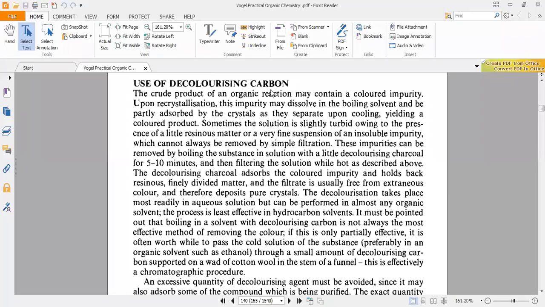So anyhow, this is one method to remove the impurities. If it is colored, we can adsorb that on an adsorbent. Mostly we are using activated charcoal for doing so. Then it is adsorbed on the surface, we filter it and we get a clear colorless solution that we use. And this activated charcoal is also used in the sugar industry.